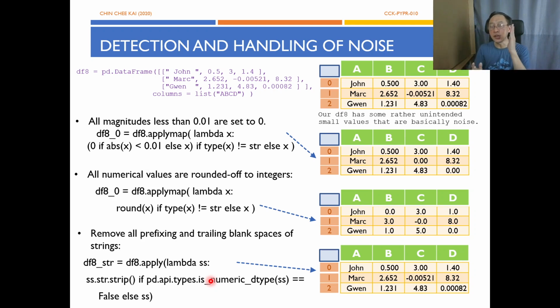So each column can have its own data type. All the cells must have the same data type. Just like here, John, column A is string, column B is float, and so on. But all the columns must also have the same number of cells. And that will make up the data frame. So here, SS is going to be each column, and we use this,